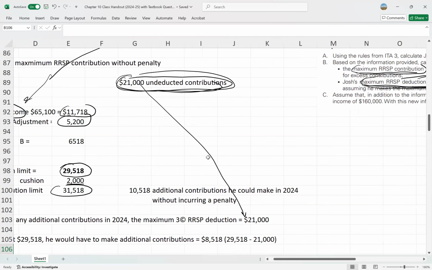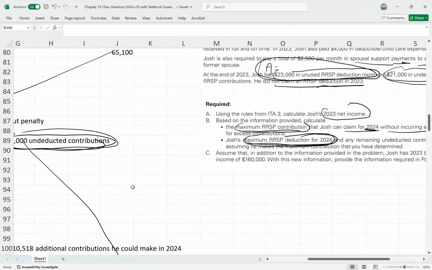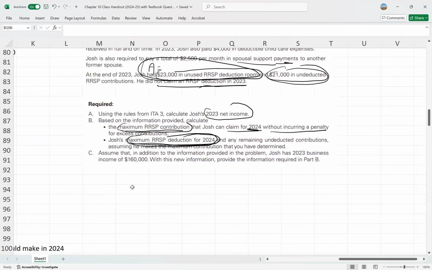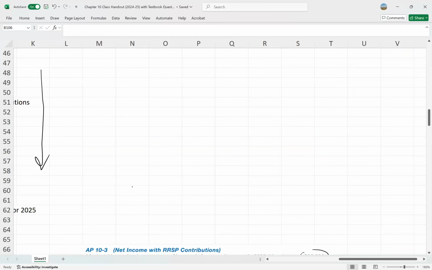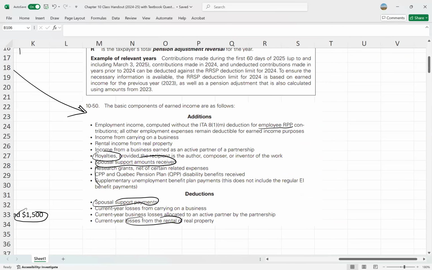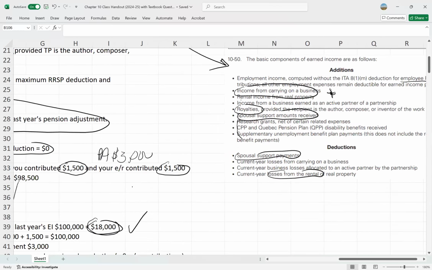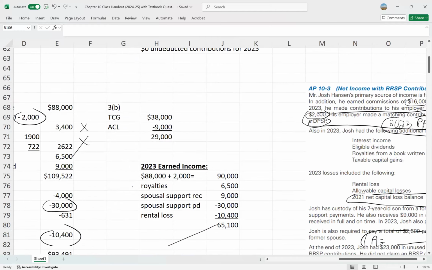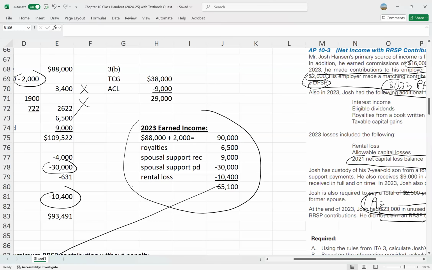So let's go to part C. Part C says, assume that in addition to the information above, he also had 2023 business income of 160. So that business income, if we go back to the definition of earned income, that business income would increase his earned income. So that's what they're saying: in addition to all the earned income that he had, we're going to add now an additional 160,000 in